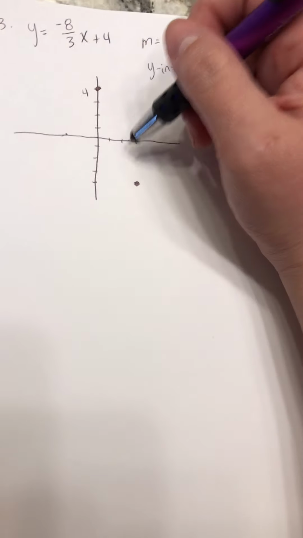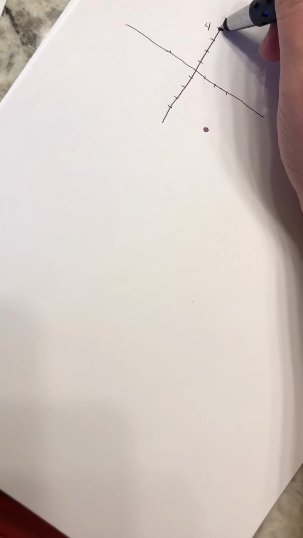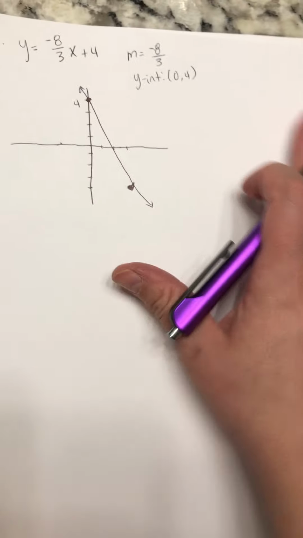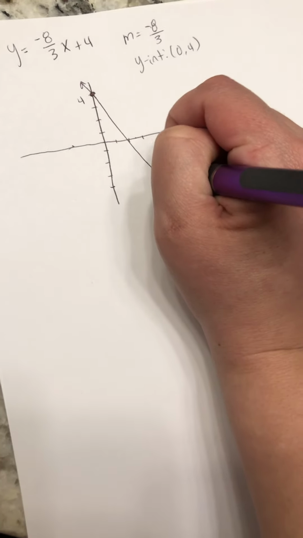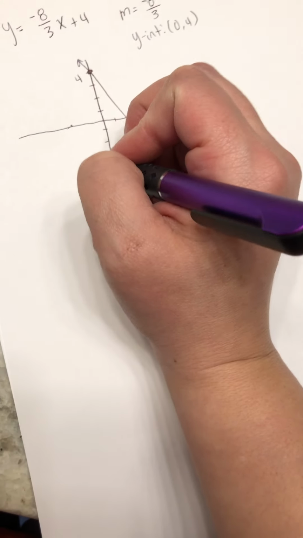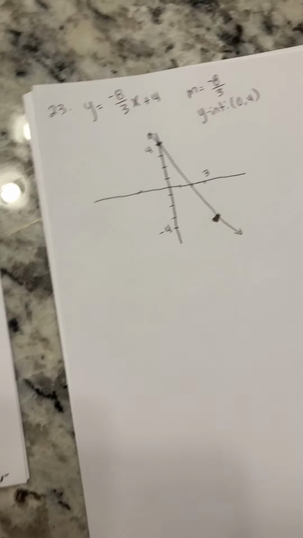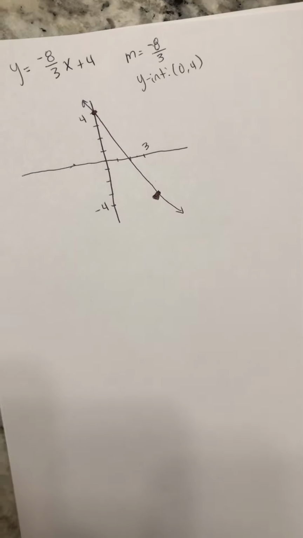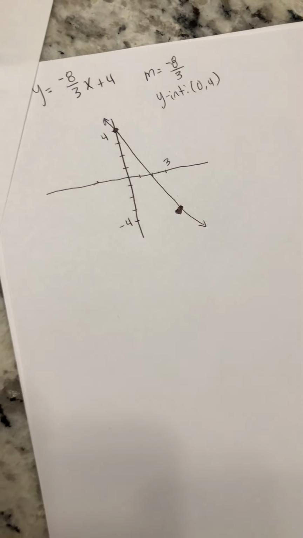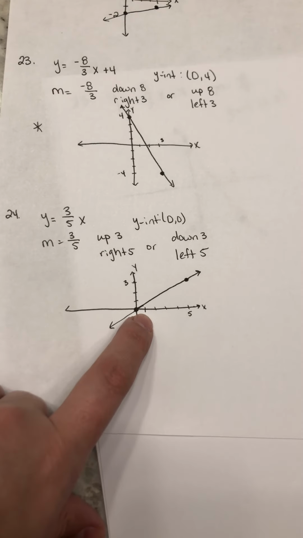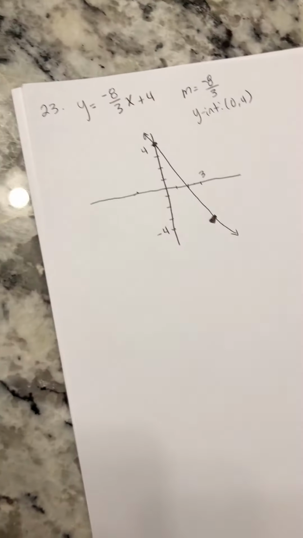These ones are kind of far apart, so I'm probably not going to draw it very pretty, but that's okay. Oops, I missed. See, so if I miss, it's okay. I'll just make the point bigger, and it's kind of hard to draw and film at the same time, but that's okay. As long as it looks remotely close to mine, then that's fine. This out here was 3. And if you don't have a y-intercept, like this one, there's no y-intercept there, which means it's 0. So just start at 0 and go from there. But anyways,